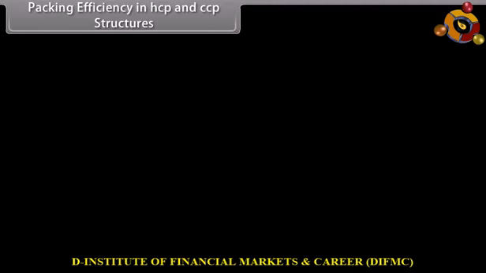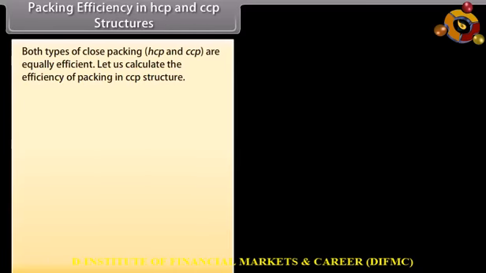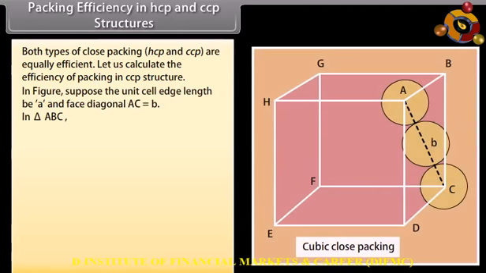Packing efficiency in HCP and CCP structures. Both types of close packing, HCP and CCP, are equally efficient. Let us calculate the efficiency of packing in CCP structure. In the figure, suppose the unit cell edge length BA is a and face diagonal AC is equal to b. In triangle ABC, AC square is equal to AB square plus BC square, or b square is equal to a square plus a square, or b square is equal to 2a square,